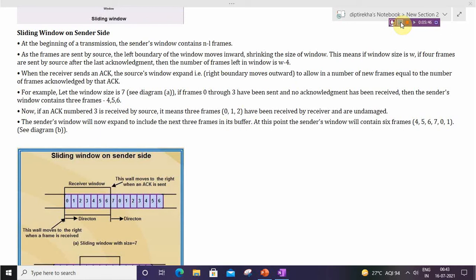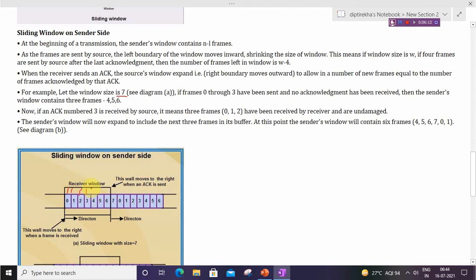So let us understand it through an example. In this case, the window size is 7. Okay, if the window size is 7, and frames 0 through 3 have been sent, means first it sent 0, 1, 2 and 3.